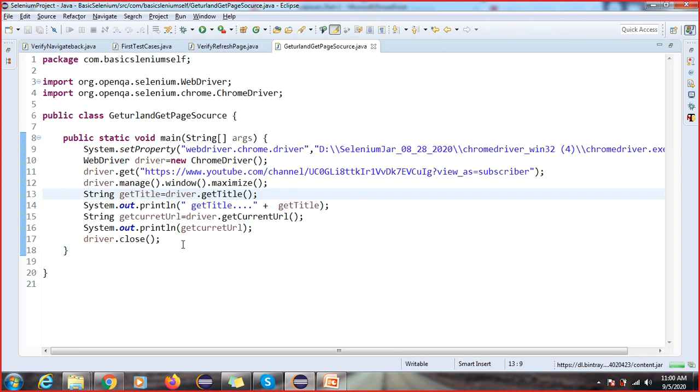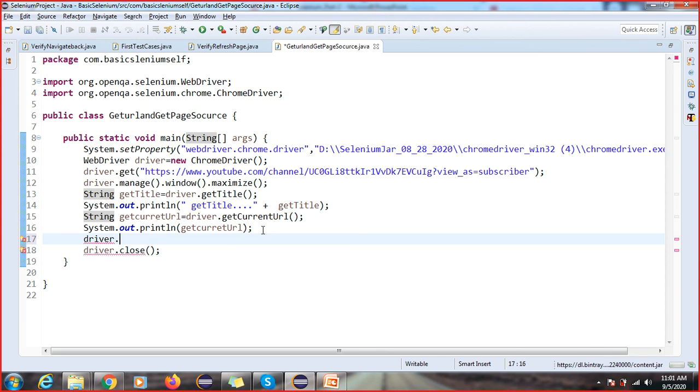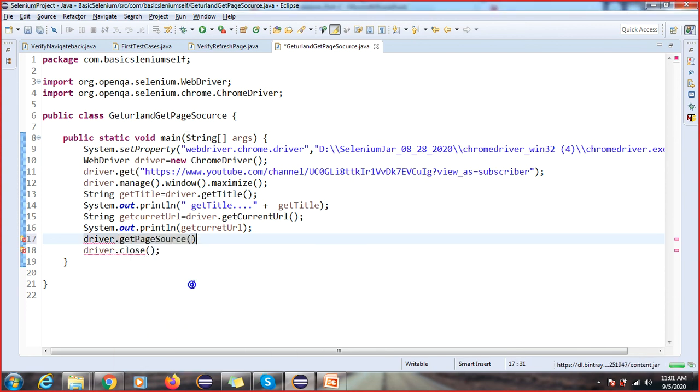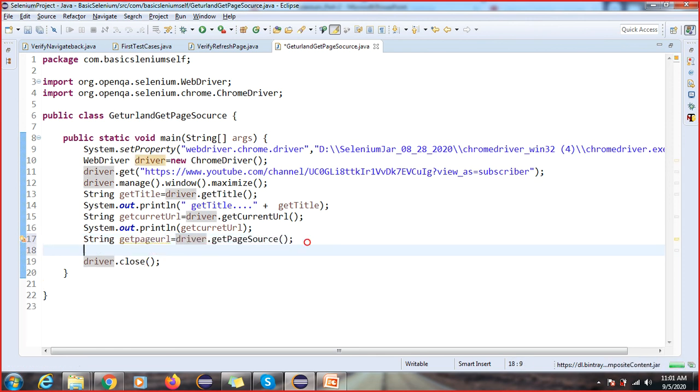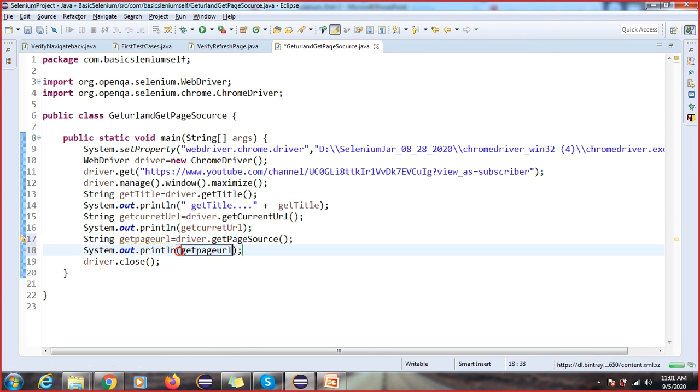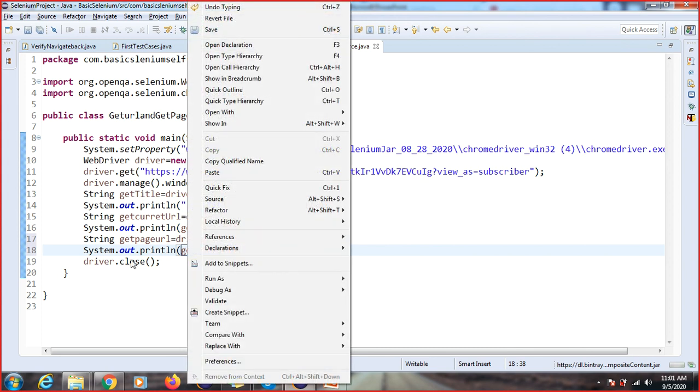Now we will use another method called get page source with driver dot. What is the return type? A string. So same thing, I will store it inside this get page URL variable, and now I'm going to print this.